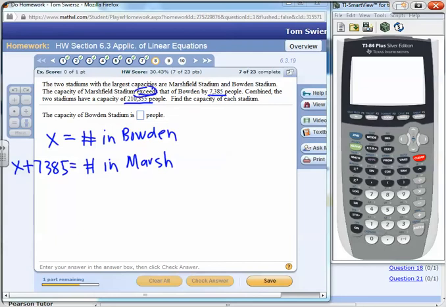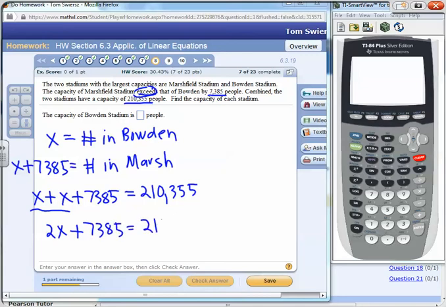Now, the two stadiums combine. So combine means adding, right? So Bowden is X. Marshfield is X plus 7,385. Notice you need two X's: one X here and the other X comes from the Marshfield, X plus 7,385. The total is 210,355. Okay? So solving, I can have 2X plus